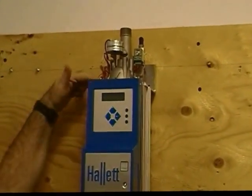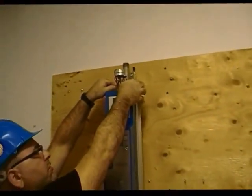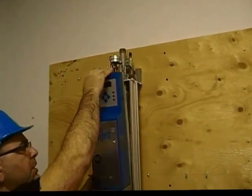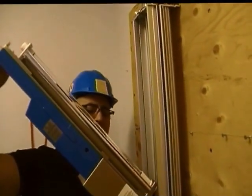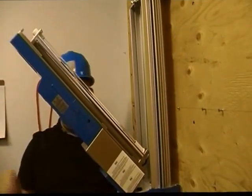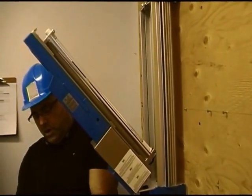On the top of this unit, you have two wing nuts on the front corners. We're simply going to loosen those wing nuts until this front panel can tilt forward and expose your UV lamps. These UV lamps will get quite hot to the touch, and this is where you're going to want to wear your cotton gloves. So once we put our cotton gloves on,